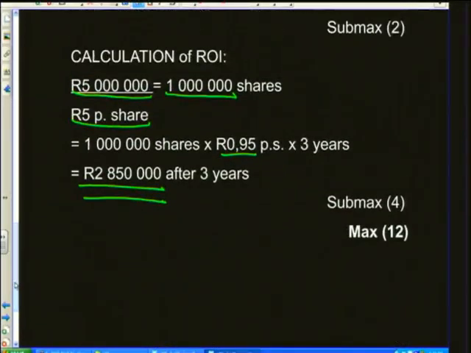Compared to 2,850,000 rand, the fixed deposit, the risk was a lot lower. The share price, the risk is a lot higher. However, our reward is a lot higher, right? It's over double what we would have got for our fixed deposit price, right? We'll continue this after the break.